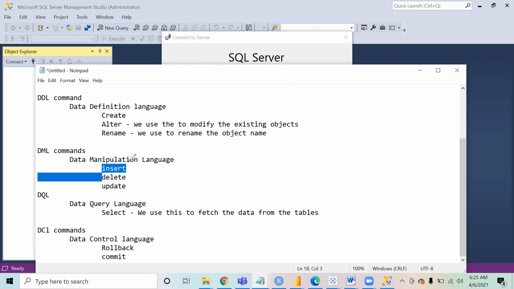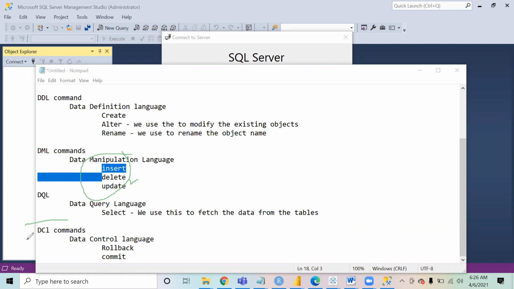These three commands are very dangerous, because if you delete something which was very confidential or very important, you cannot retrieve that data back. If you delete any data directly, you will not be able to fetch it back. So in order to have control, we want to double check whether what we have deleted was correct or wrong.